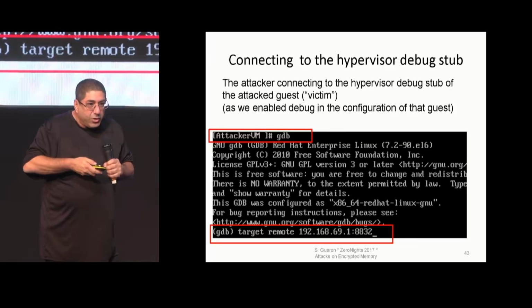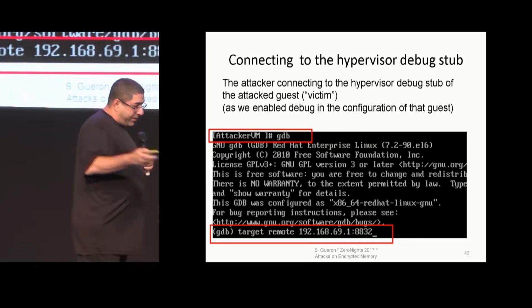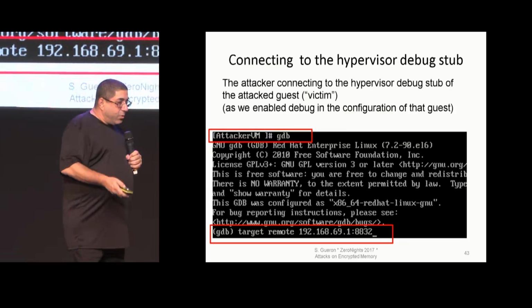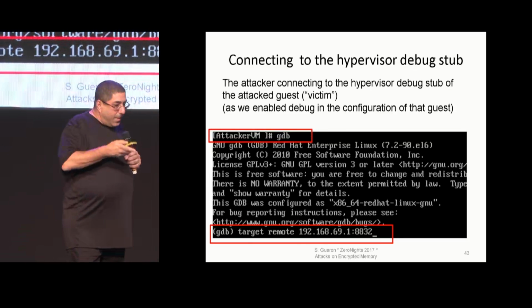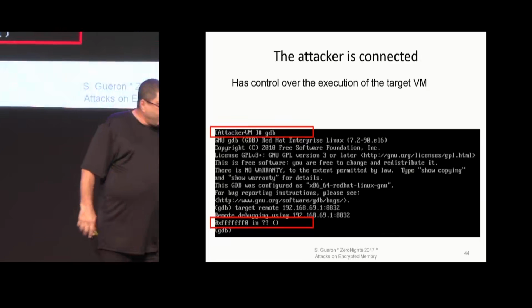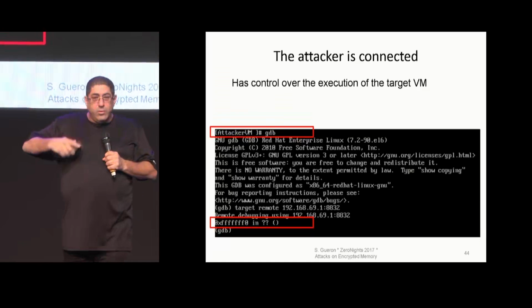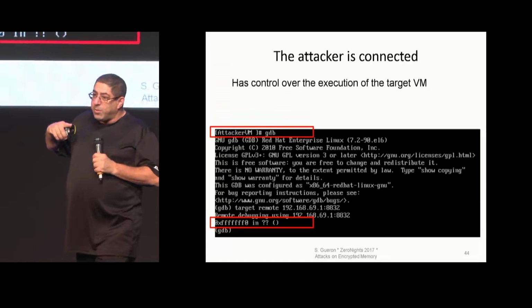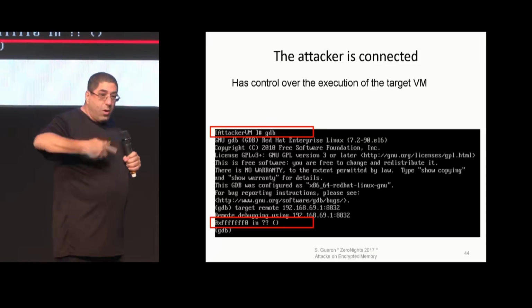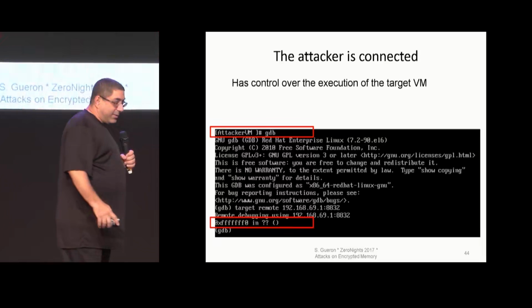Because this is the configuration file. And who set the configuration file? You know, the hypervisor. All right, so here we know exactly which remote VM to connect to. And now, actually, through the debug, the hypervisor controls the flow of the execution of whatever is running in this VM,